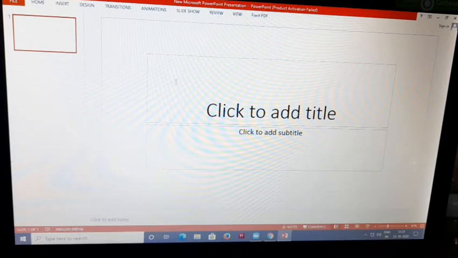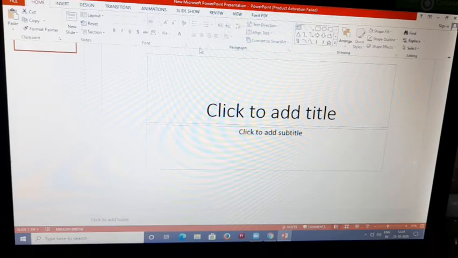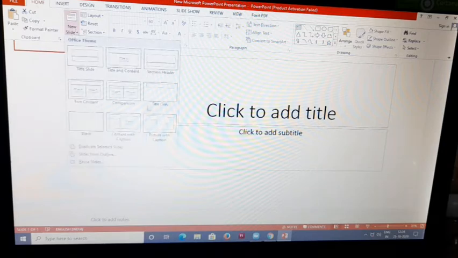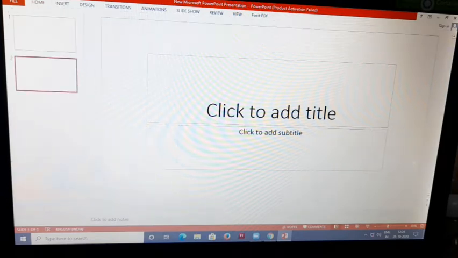Once PowerPoint is started, you can notice that the document contains a single slide only. To insert a new slide, we can click Home and we can see many options here, and there is a New Slide option. When we click here, it will come. So we can select which slide we want. This slide is for Title Slide, and this is for Title and Content. This is the Section Header, this is Title Only, and there is a Blank slide also. So we can choose any slide from here. Suppose I selected a slide like this.